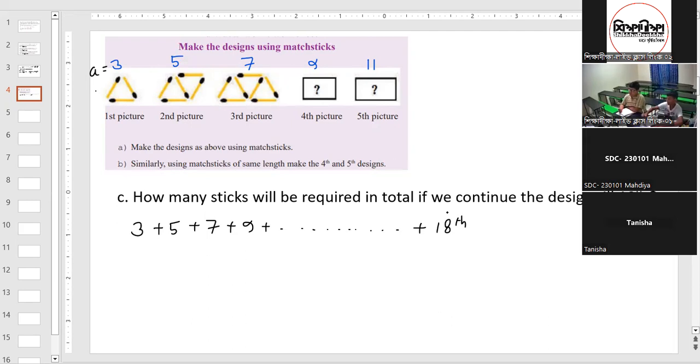First of all, we need to find the 18th number, the number of sticks for the 18th design. So in this series, the 18th number